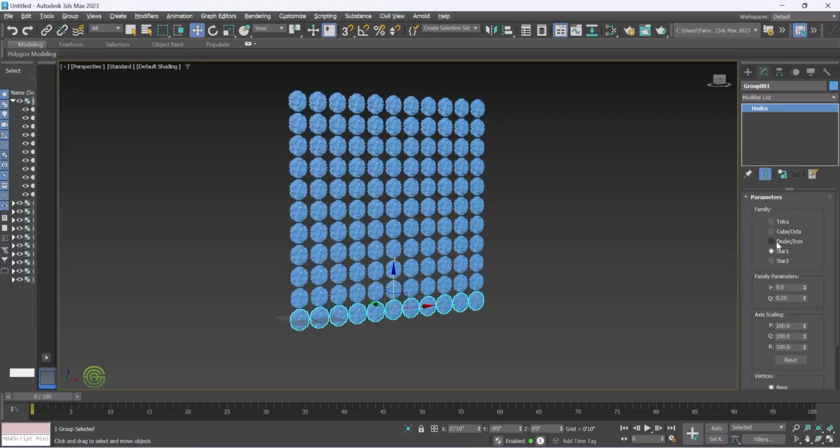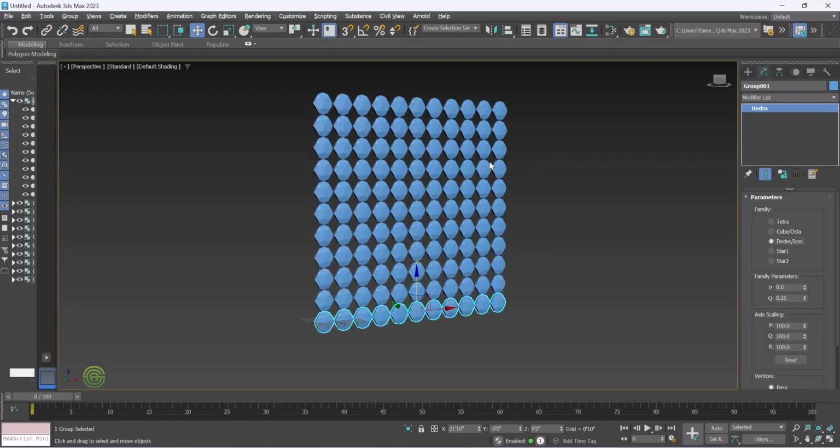So just try this, guys. Like this, we can make something like art on the wall. We can decorate something interesting on the walls. We can also make